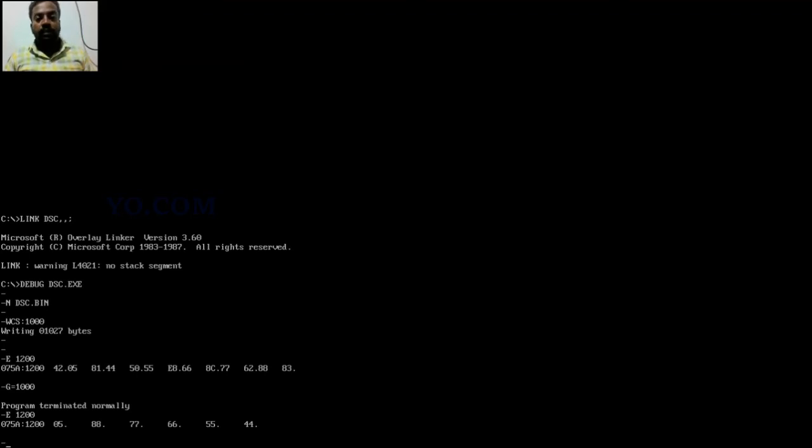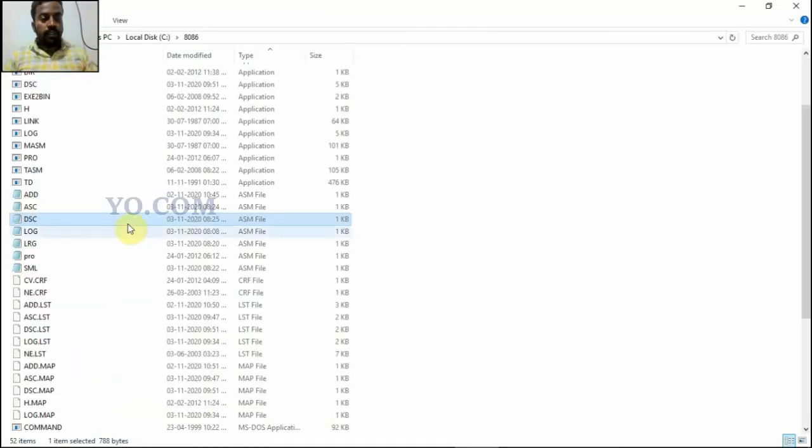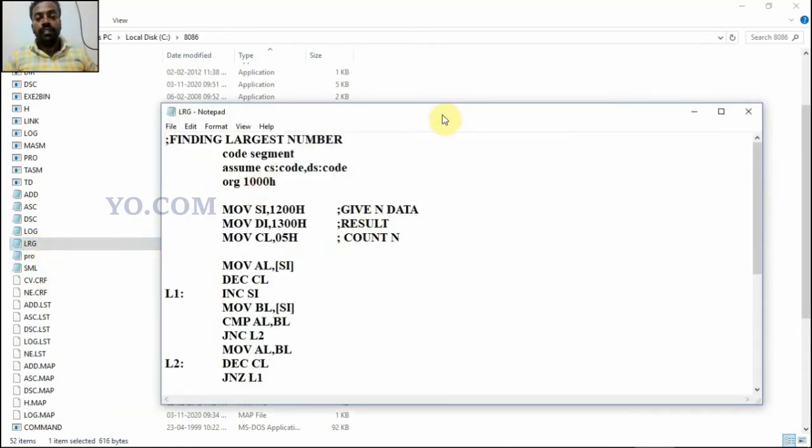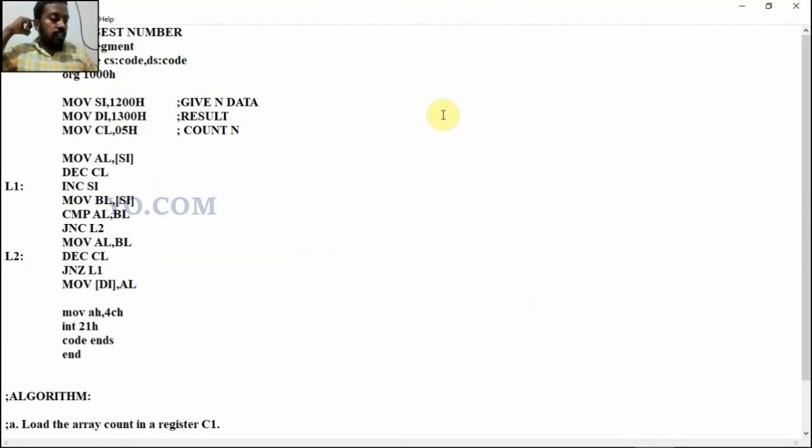Okay, next we are going to see the searching programs. There is the largest number and the smallest number. First we are going to see the largest number. How do we find the largest number? The concept is the same as ascending and descending order, but in those programs we exchange numbers because we need all the numbers. In largest and smallest number programs we need only the largest number.